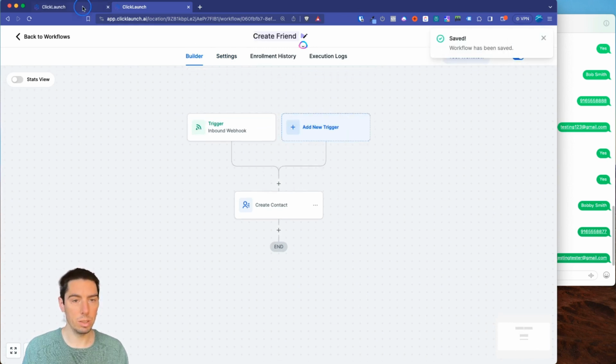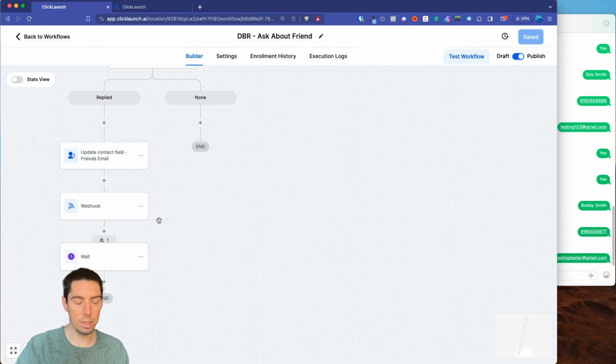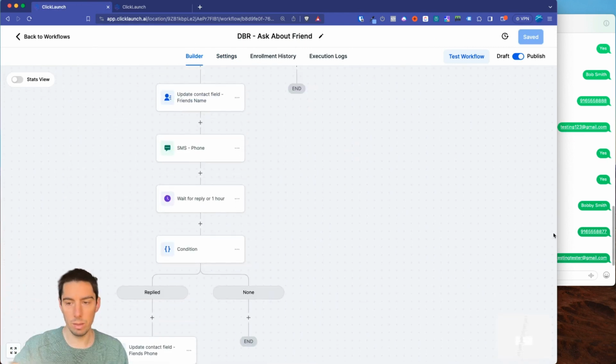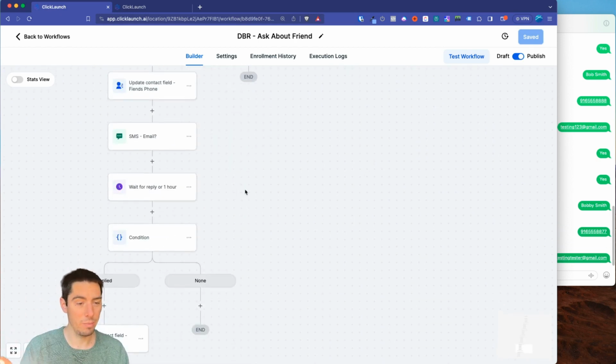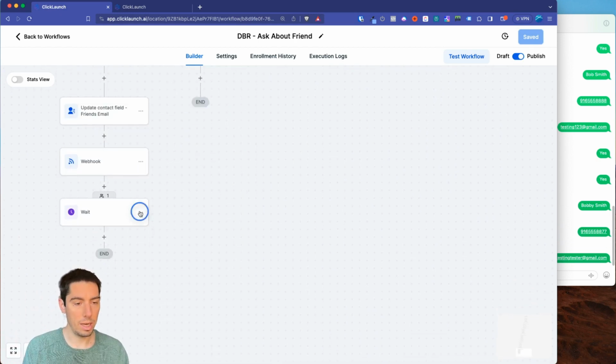So now it's on. Now we're going back to this workflow. The reason I put the wait step in here is that I could go back and just test it all again and send all these messages. But why not do that? How about just do this? I have the wait step here. Now I'm going to take this action and move it above the webhook.